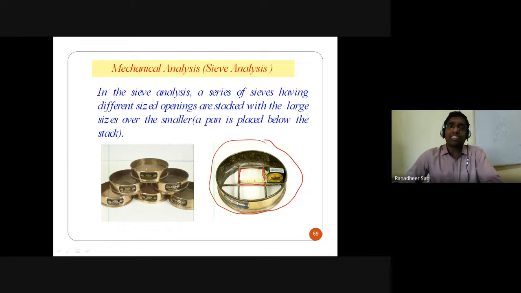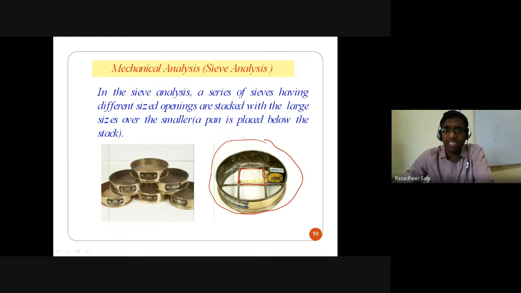Whatever particles get retained on the 4.75 mm sieve, I can simply call gravel particles, and all those particles retained between the sieves of sizes 4.75 mm to 75 microns, I can categorize as sand particles, and all those particles of sizes less than 75 microns you can categorize as fine grained soil particles. And in those fine grained soil particles, whether it contains silt or clay, and how much percentage of silt or clay, is what we can clearly understand from what is called sedimentation analysis.